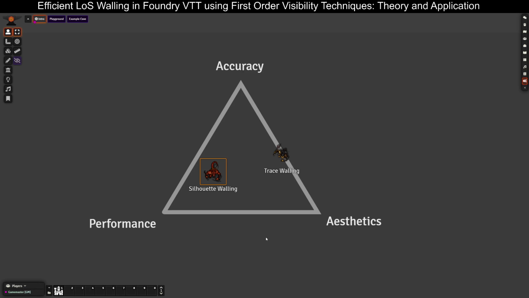Now today I want to introduce a slightly different walling technique, what I refer to as silhouette walling. We'll get into exactly what that looks like in a second, but as a brief overview, it trades aesthetics for performance while also maintaining a high degree of accuracy. It is not perfect, but I would estimate about 95% of the line of sight will be identical to trace walling. The big thing that this misses is the aesthetics, which is to say, you will see large empty gaps